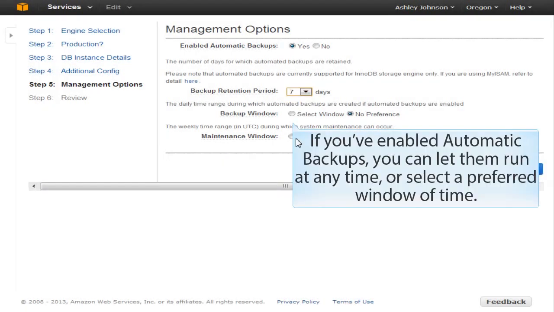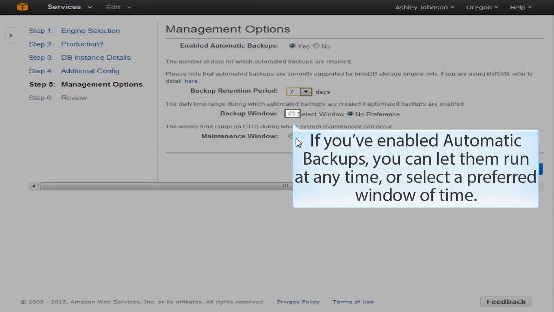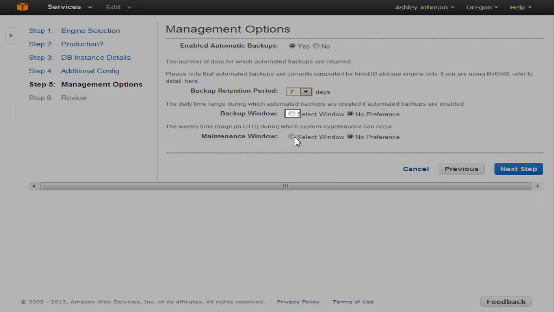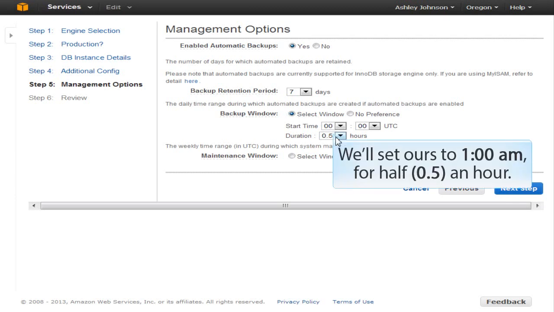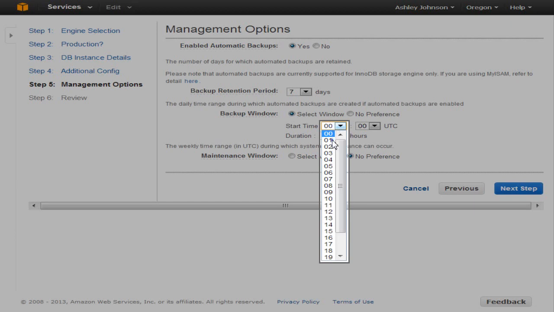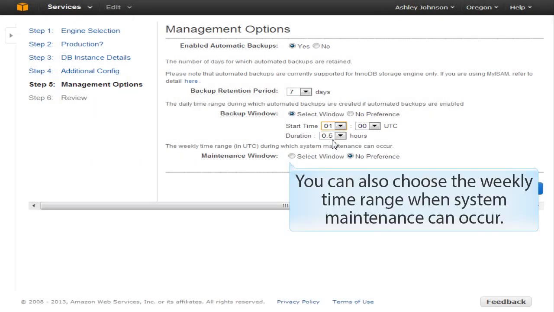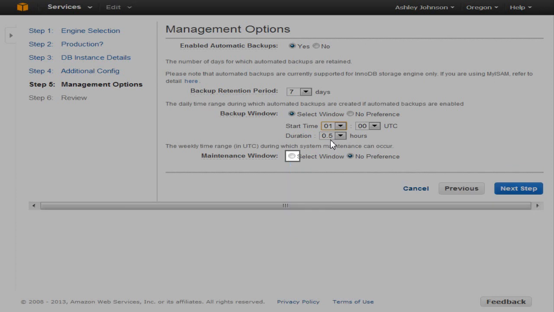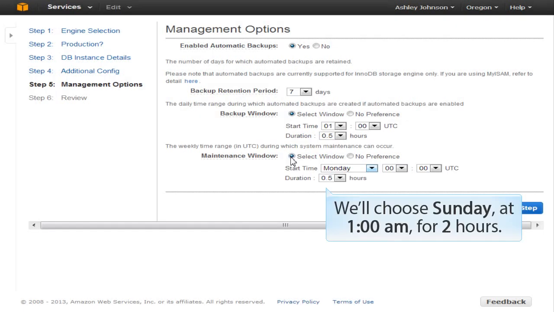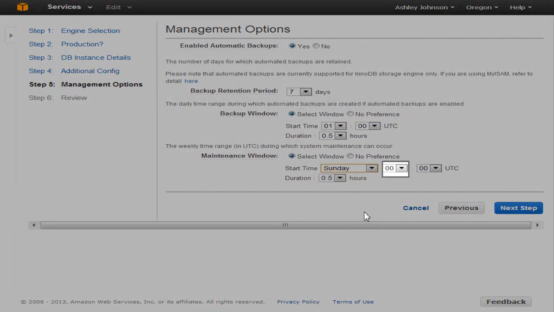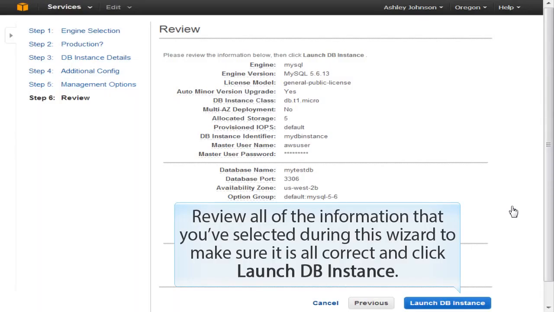If you've enabled automatic backups, you can let them run at any time or select a preferred window of time. We'll set hours to 1 a.m. for half an hour. You can also choose the weekly time range when system maintenance can occur. We'll choose Sunday at 1 a.m. for 2 hours. Click Next Step. Review all of the information that you've selected during this wizard to make sure it is all correct